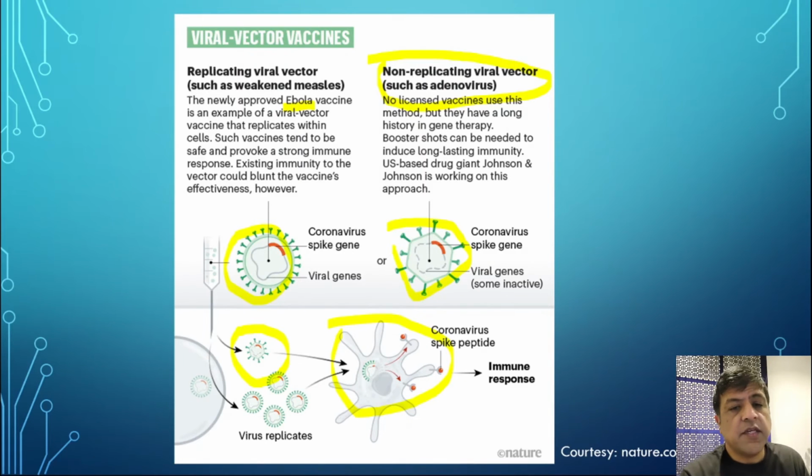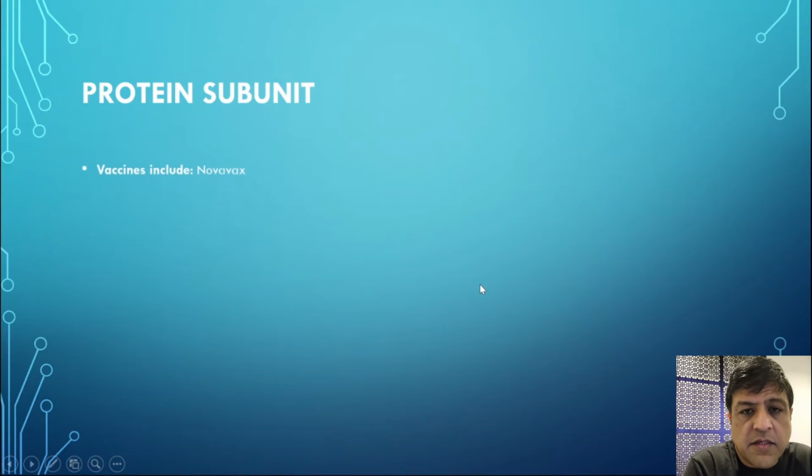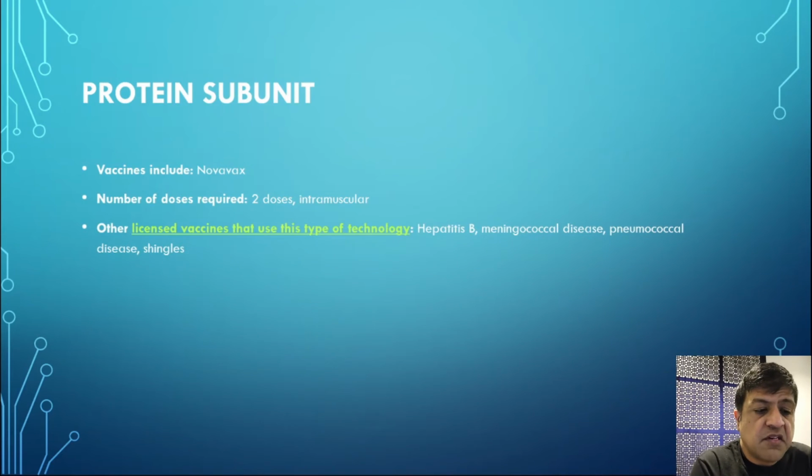The last one is the protein subunit. What is that? Well, Novavax in the US is actually producing and working on this vaccine. They are in the final stages of their approval. Hopefully, very soon they will get the approval. This is also a very good technology, very well established. 2 doses again, both intramuscular. Other licensed vaccines that are using this technology are hepatitis B, meningococcal disease, pneumococcal disease, shingles. It's a very well established